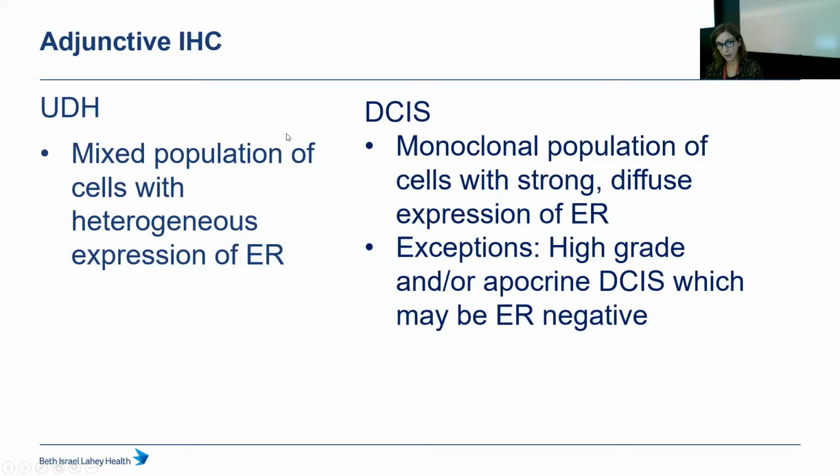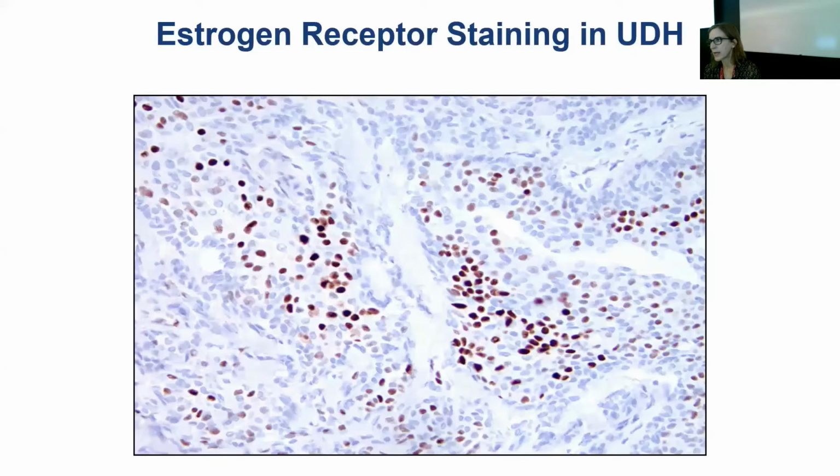layer. Then just to put it in words, a mixed population of cells with heterogeneous expression of ER, as I just illustrated, is what you'll see in usual ductal hyperplasia. And then in DCIS, at least for low and intermediate grade DCIS, you'll have strong and diffuse expression of ER. Exceptions being, of course, high grade DCIS, which can be ER negative, or apocrine DCIS, which can also be ER negative. But those will be much more easily recognizable and not really enter into the differential diagnosis with usual ductal